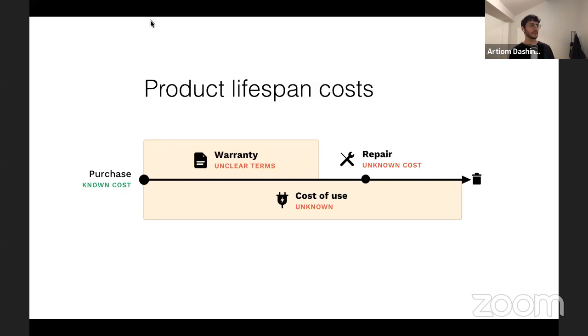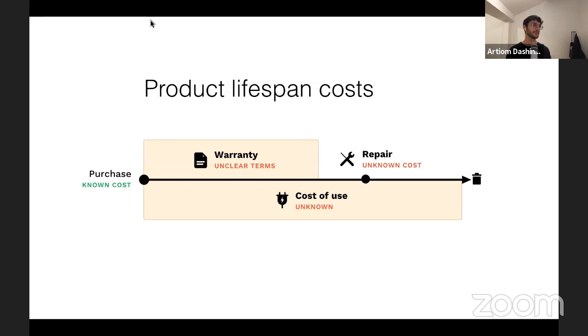Are you supposed to send it to the manufacturer, or is there a third party store that is supposed to take care of it? It's not very clear. And also, which type of problems with this product does this warranty cover? So I think there is an opportunity for a digital product to aggregate this type of information, make it more clear, and present it in a better way to the consumers.